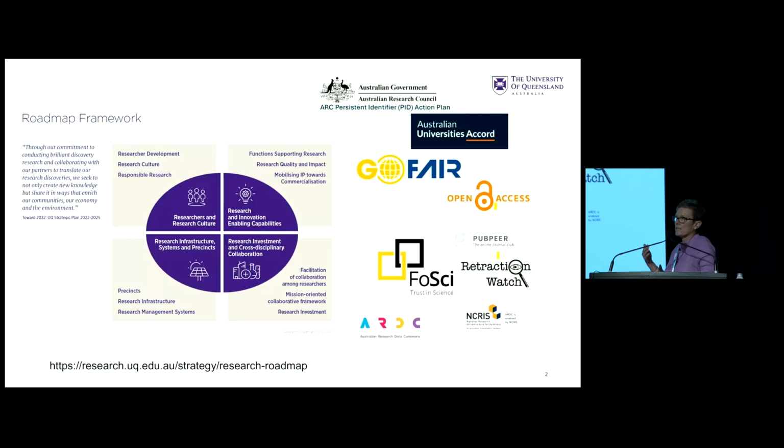So it's easy to distill PIDs down just to enable linking of data, but I think it's important to go much further in what a PID strategy can do for the university in a much more holistic sense over the long term than to talk about it in that linked data way. So looking at our research roadmap, these are the 4 pillars, but you can see within those pillars there's things like responsible research, there's research impact, there's collaboration, and there's research infrastructure. All those things matter, and all of those things are relevant in the context of PIDs.